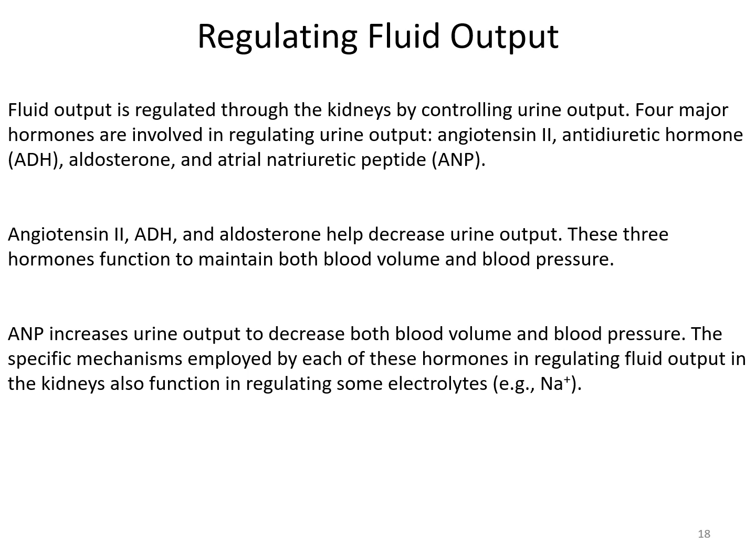Fluid output is regulated through the kidneys by controlling our urine output, so we've seen that. We've got 4 major hormones that are involved in regulating urine output. We have seen all 4 of these before, so nothing really new here: angiotensin II, antidiuretic hormone, aldosterone, and atrial natriuretic peptide. So I want you to become familiar. You might even make yourself a chart where you write down the 4 hormones,